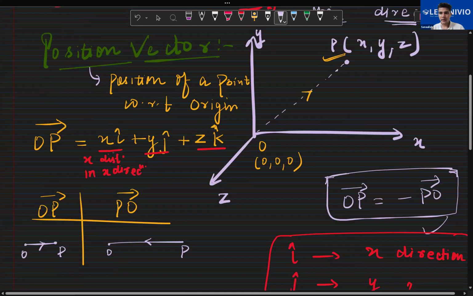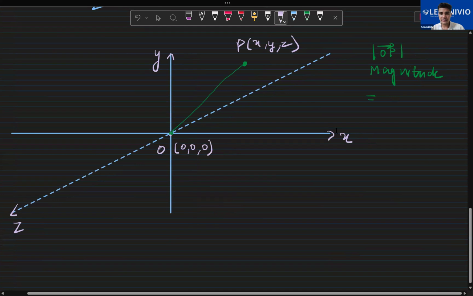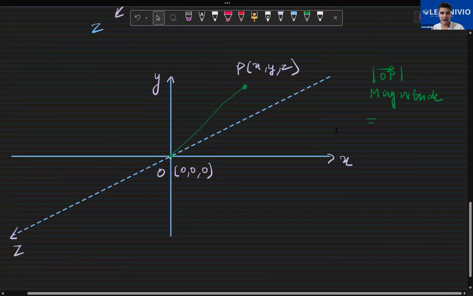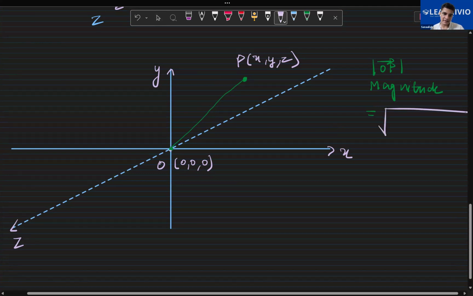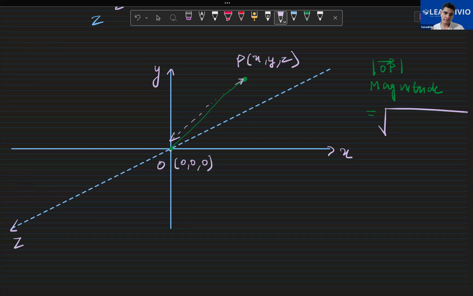Similarly, your magnitude is what? Your magnitude is a distance, how much you have traveled in that path. So if you have the OP vector, this is the distance. You can use the distance formula. This is point P and this is point O. You can use the distance formula to find the distance between both the points, and this will give you the magnitude of